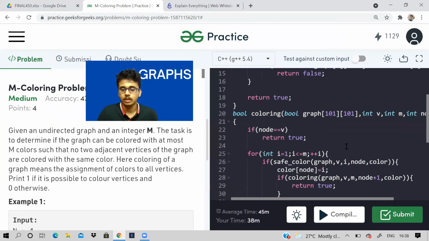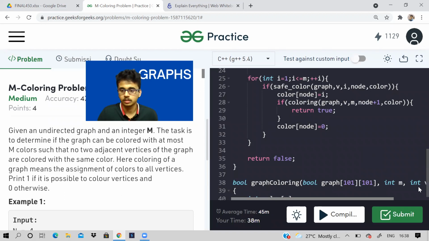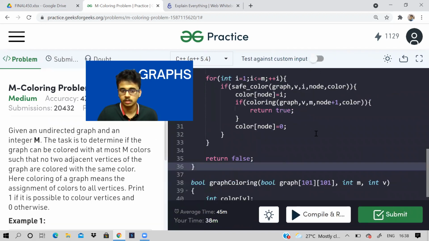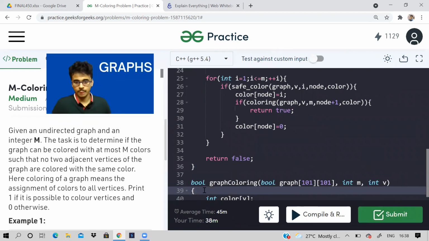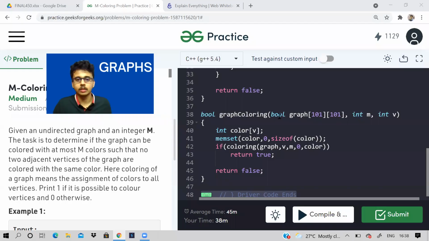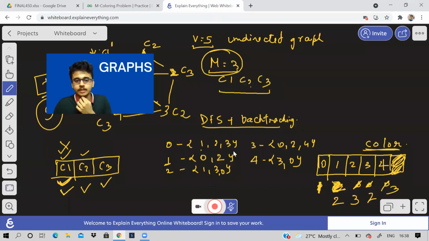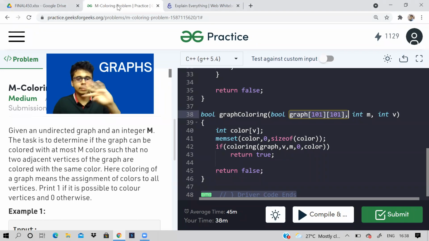So this will be the function given to us. That is, a graph will be given, and graph is given as an adjacency matrix here, not as adjacency list, but I took it as adjacency list only here. It doesn't matter. In adjacency matrix, it will be 0 or 1. That is, it will denote whether there is an edge between the two vertices i and j. That's the only difference, right? And m is given, number of vertices v.